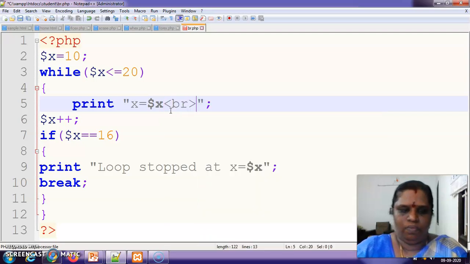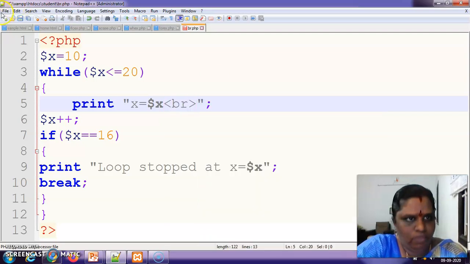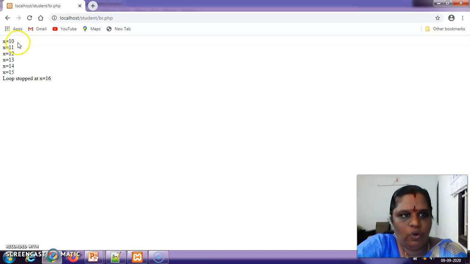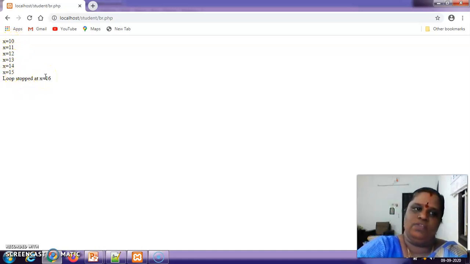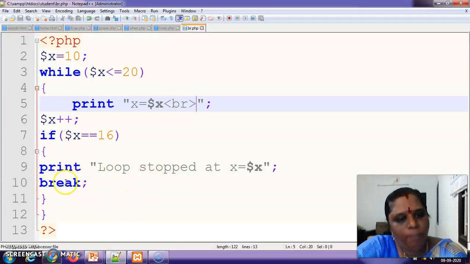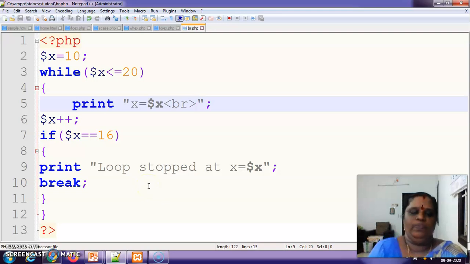We can save this and check it. See, from x is equal to 10, 11, 12, 13, 14, 15 and loop stopped at 16. Yes, this is the program for using break statement, how it works. This is how the break statement works in our programming.